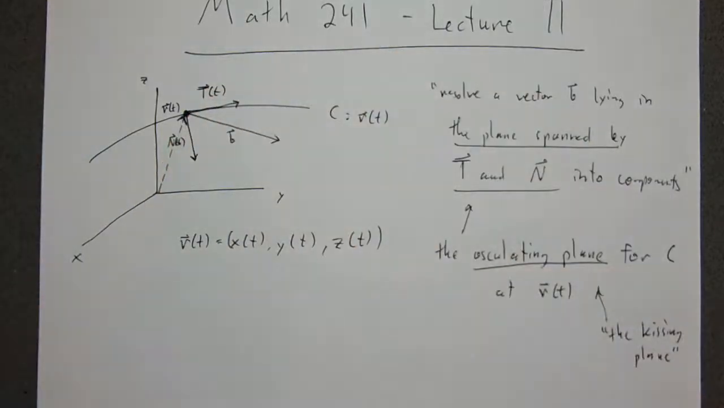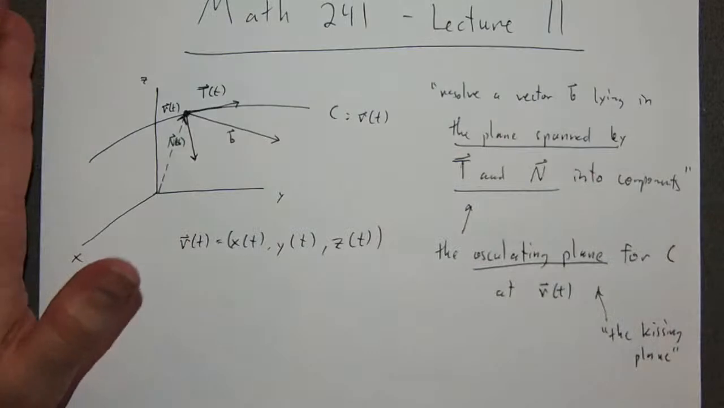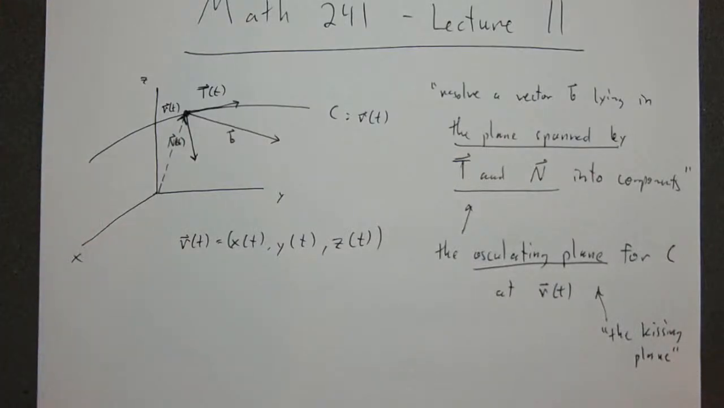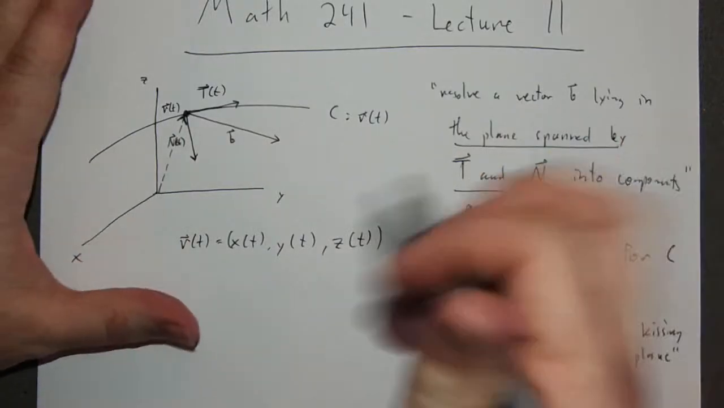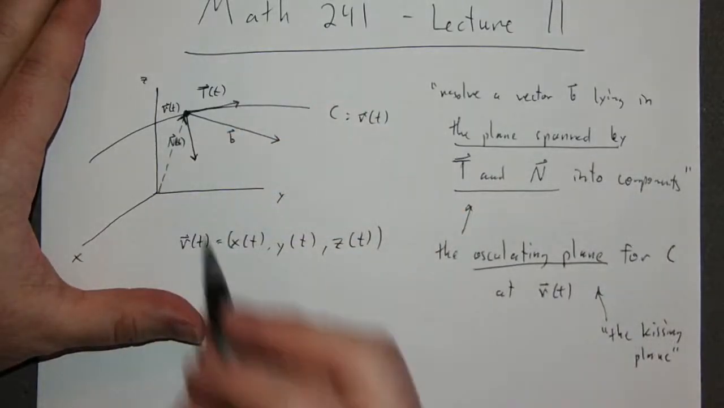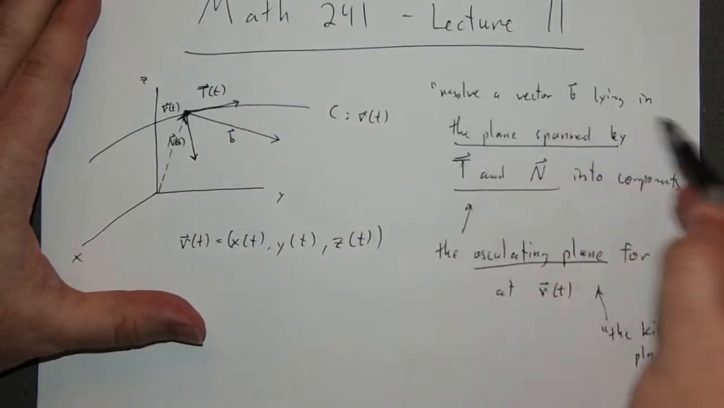Okay. And so I'm thinking of this curve being a trajectory traced out by something, some object, some particle, whatever. The idea is that this vector valued function, this parameterization of my curve, is telling me the position of this particle at some time t. Okay, so then this osculating plane is the plane determined by T and N,